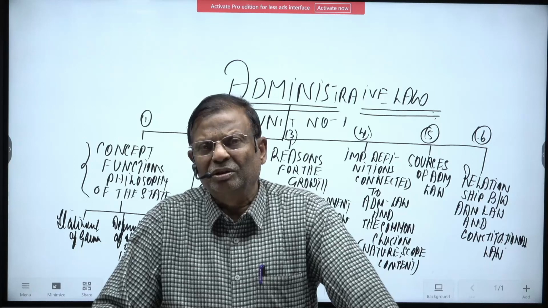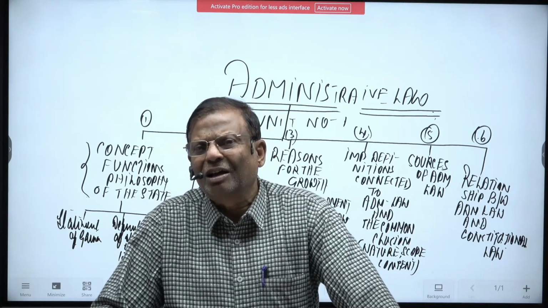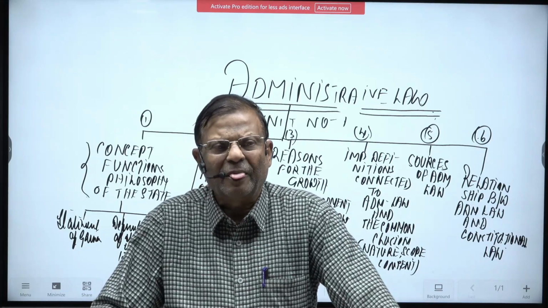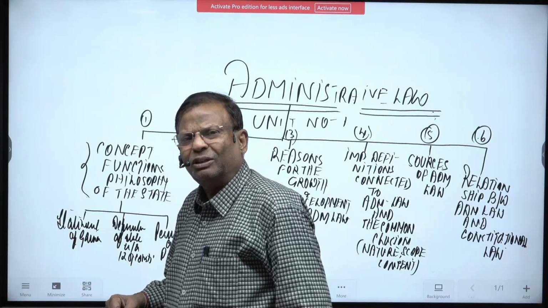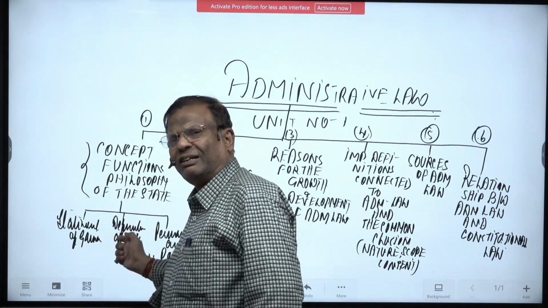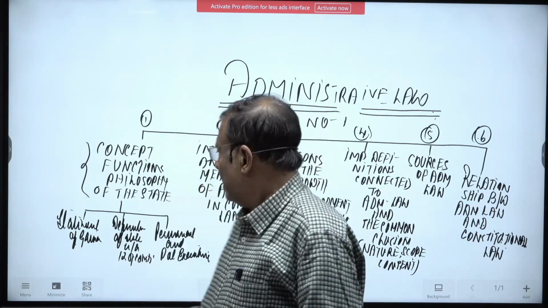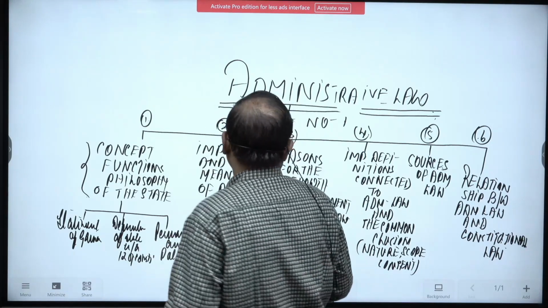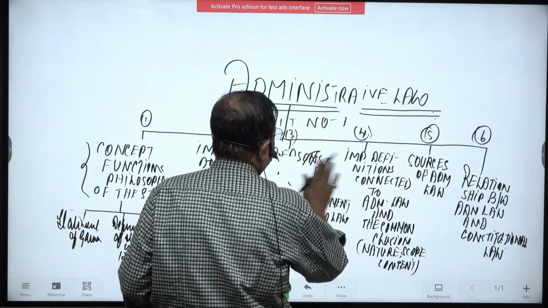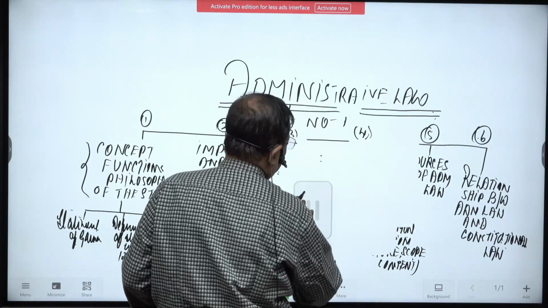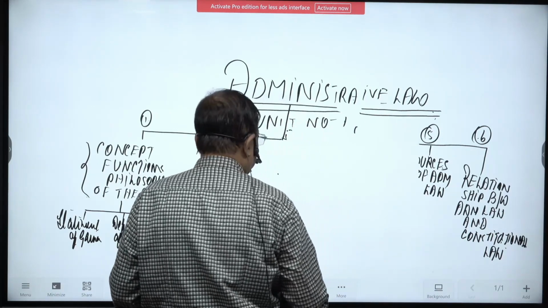So, you have to understand the term state first, in terms of the statement of Garner, the political scientist, and in terms of the definition of the state under Article 12 of the Constitution, and in terms of permanent and political executive. Now, in terms of permanent and political executive,